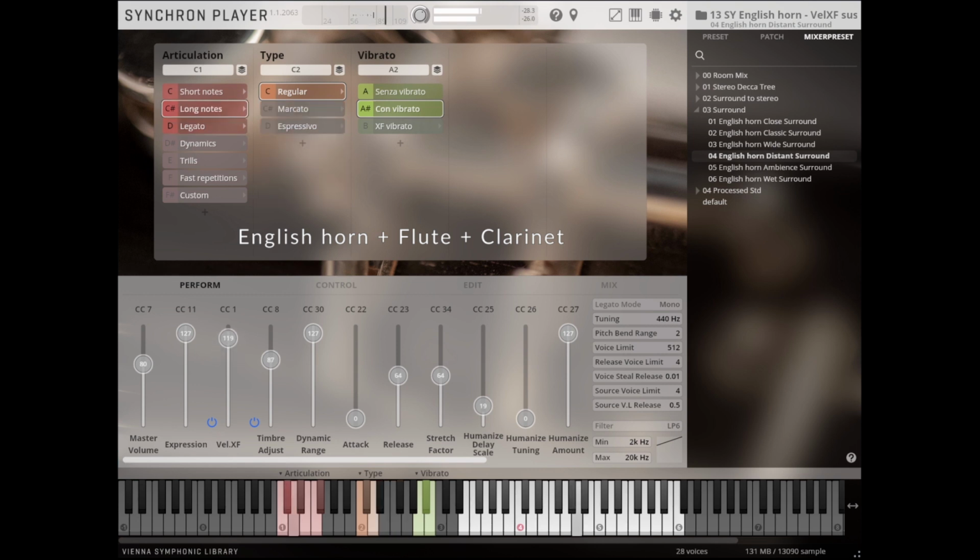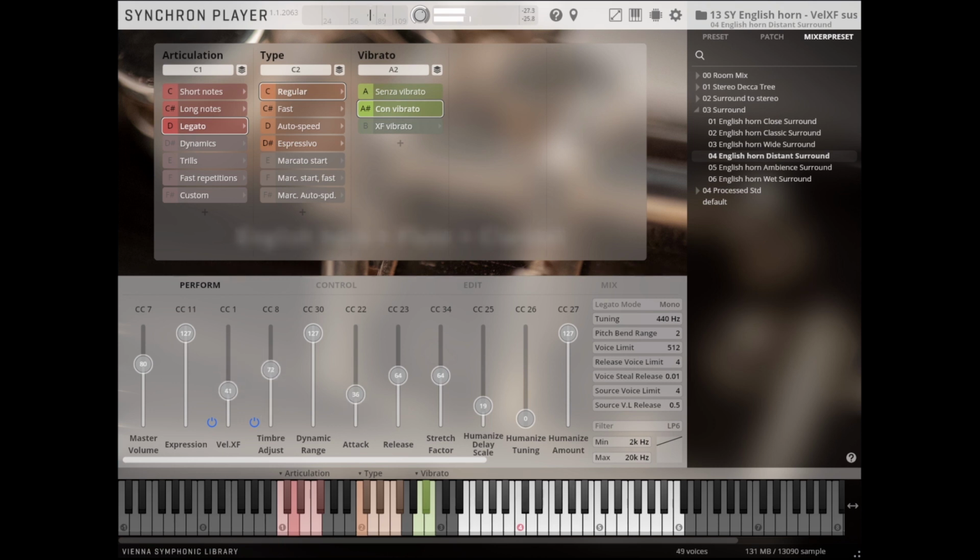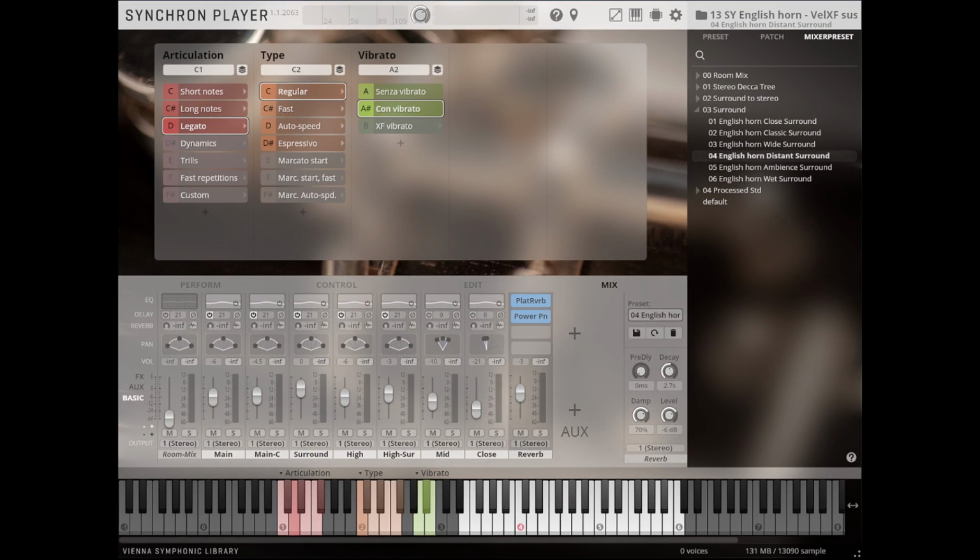If the melody was played only by the English horn, it would sound reedy, but the flute helps to soften the sound. However, in that low register, it needs support from the clarinet. For this mockup, it was essential to position woodwind instruments a bit further apart on stage to get the same sound as the original recording.